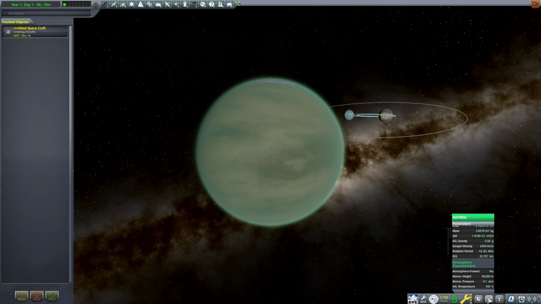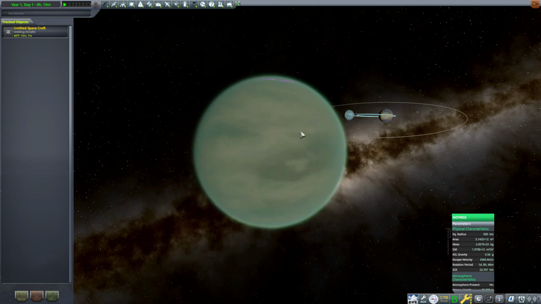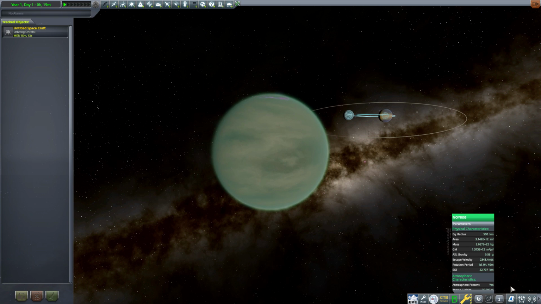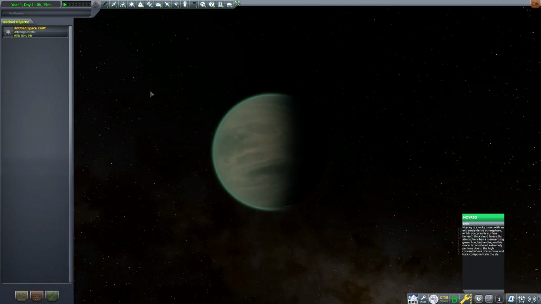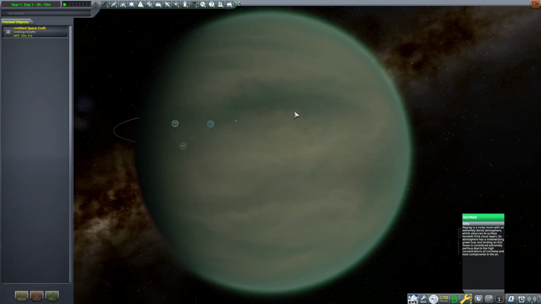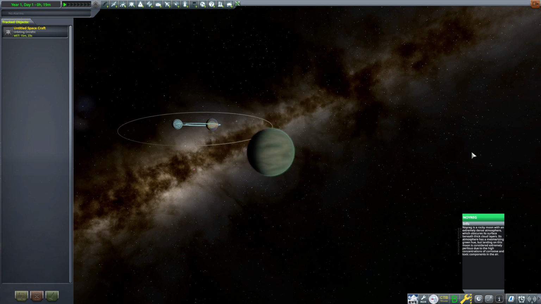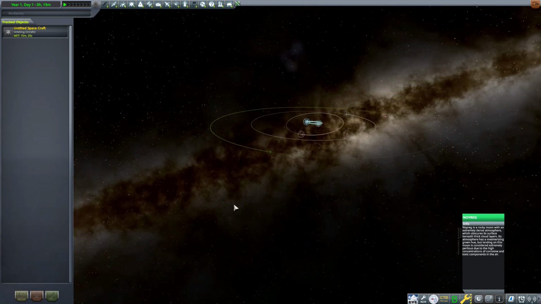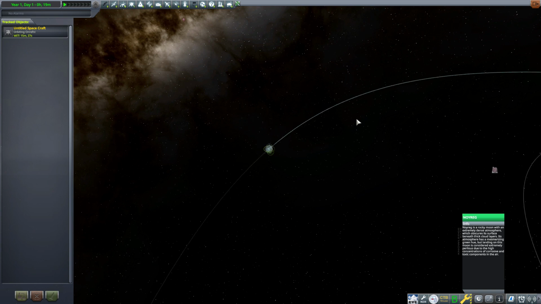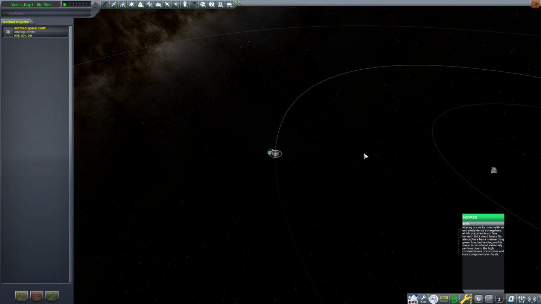Let's see, how much is the gravity on this? So gravity here isn't actually that bad. It's 0.56 Gs, so that's actually not too bad for a planet that has such a big atmosphere. It's almost a, what do you want to call it, a gas giant itself. So let's zoom on out from this little system here, and we're moving on to the